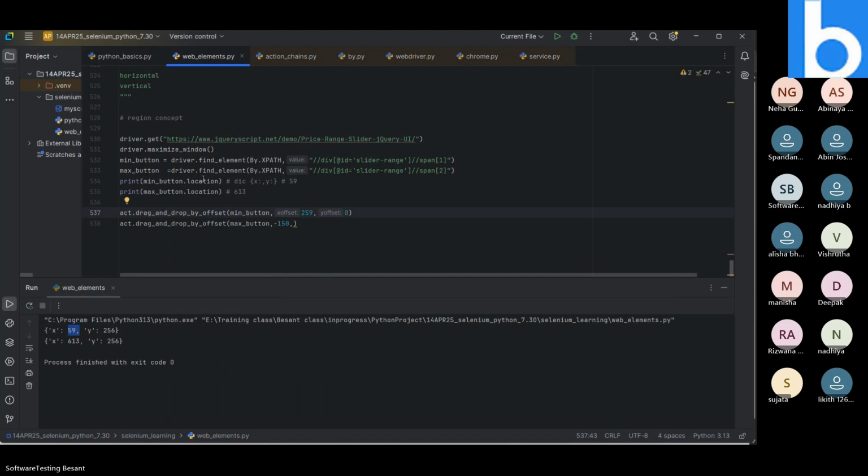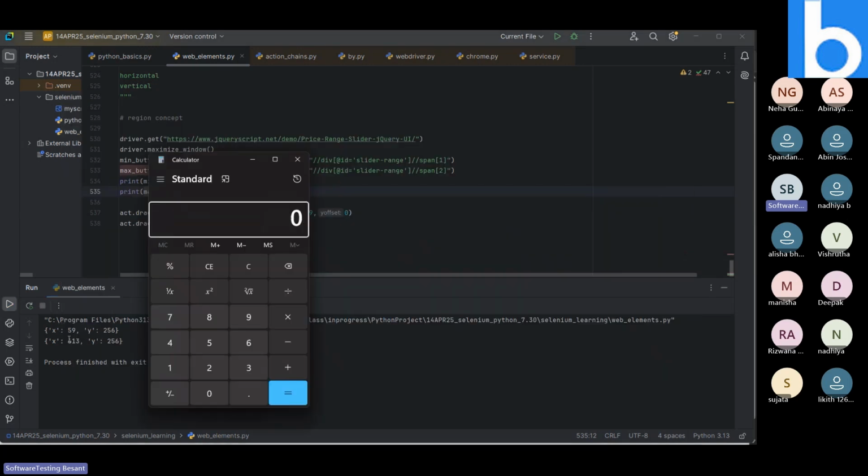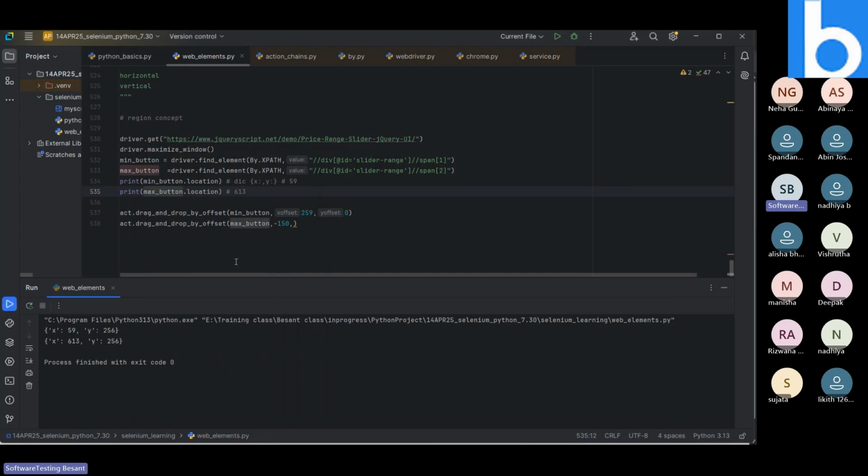Then for the maximum button, currently it is 613 and I want to move it to 400. 613 minus 400 is 213. So I am supposed to give it as 213, minus, because it is in the backward direction, right? Then in the Y offset, I don't want to change anything. Now what is happening? We have moved the minimum button from 59 to 259 and moved the maximum button from 613